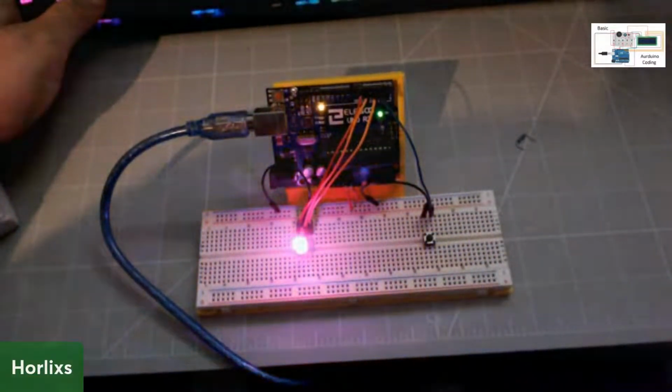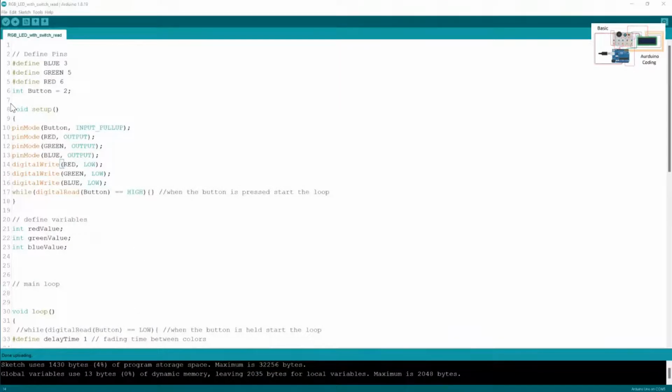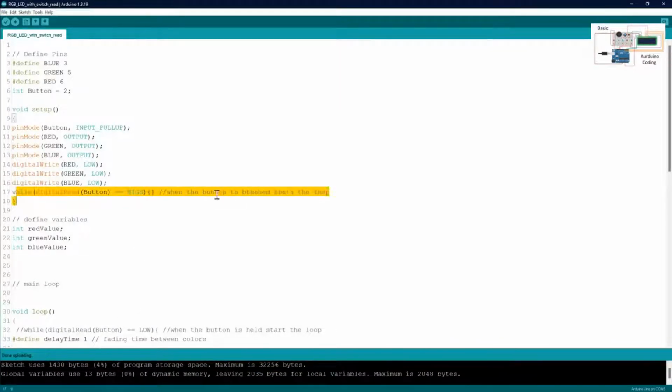So that's the next bit. Because I've put this bit of code in the setup, that's going to tell Arduino that once we've pushed this button, again, I really don't know why this is set as high, because this should be really low. Because when we pull that pin low, it should start this. But as I say, I can't work out why it's doing that, but high seems to work. I don't want to baffle you too much, but if we have that bit of code in the setup,